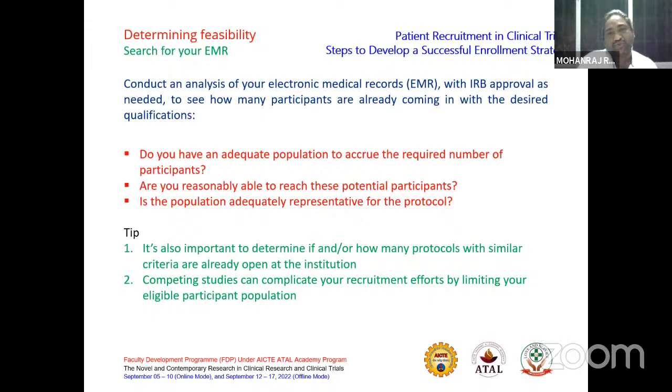And number two, through this, it will give a numeric value of the population which is feasible to be recruited in the particular research we are